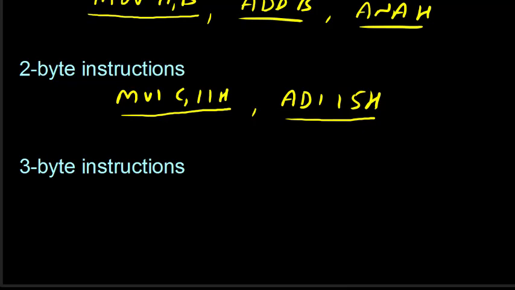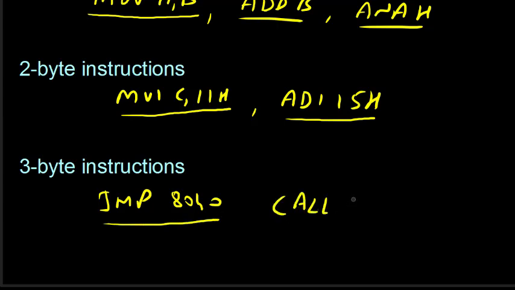Next are the 3 byte instructions. All the jump instructions are 3 byte instructions, because after jump we need to specify the memory location. If I write 8040, this is a 3 byte instruction. Even the call instruction which we saw is also a 3 byte instruction, and there are many other 3 byte instructions. We will see them in detail, because here we are just seeing the classification of instructions, not the detail of each and every instruction. Our main purpose in this lecture was to classify the instruction set, which is why I said many times that we will see it afterwards, in the coming lectures, in more detail.